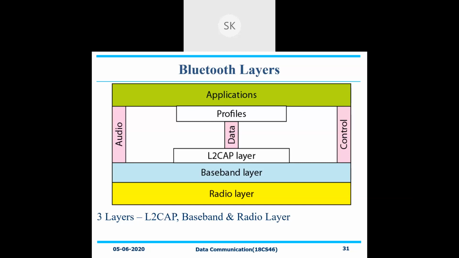Radio layer is the lowest defined layer of the Bluetooth specification. It defines the requirements of the Bluetooth transceiver device. What is this transceiver device all about? Your L2CAP will be giving you a picture of whether it is connection oriented or connectionless; segmentation and reassembly, everything will be taken care of by your L2CAP.